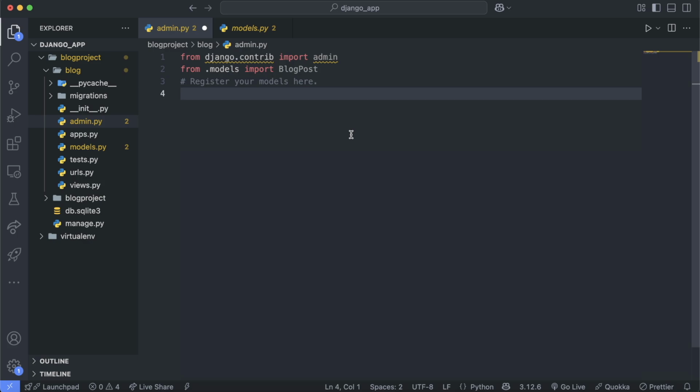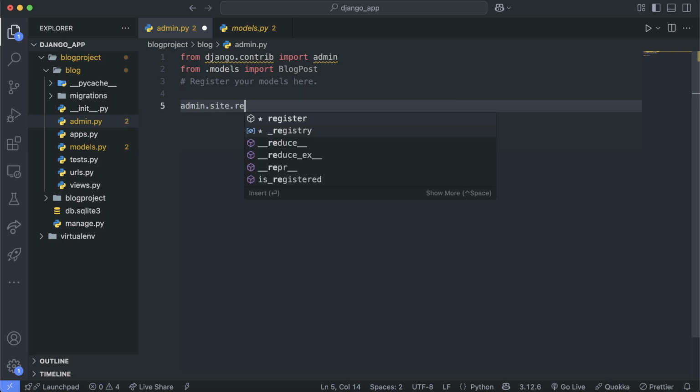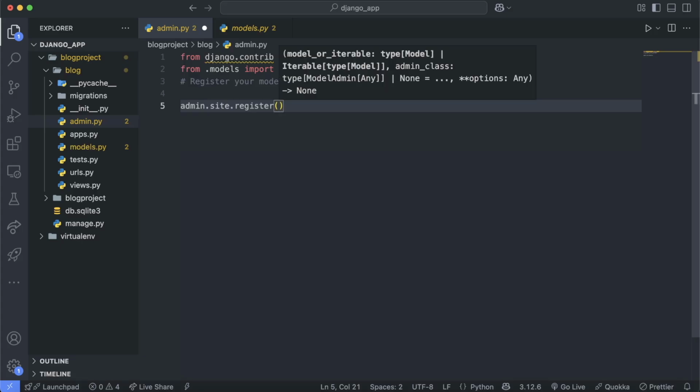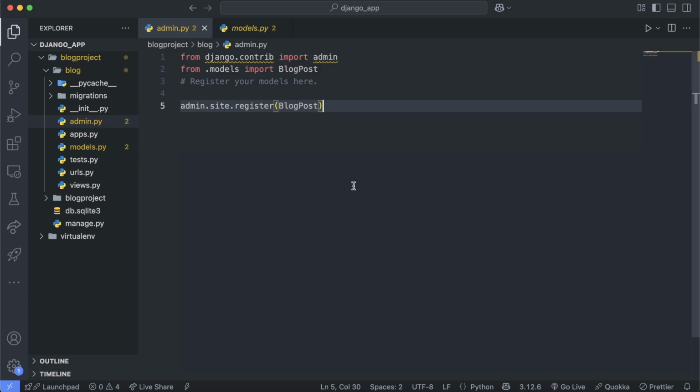I hope you understand this. And to register this model, all we have to do is to call admin.site.register, and here we need to pass the BlogPost. So we register the BlogPost model, save this file, and we are done with this. The next step is to now create an account. We want to create an account in order to access this special admin panel, and to create a superuser account we need to use the